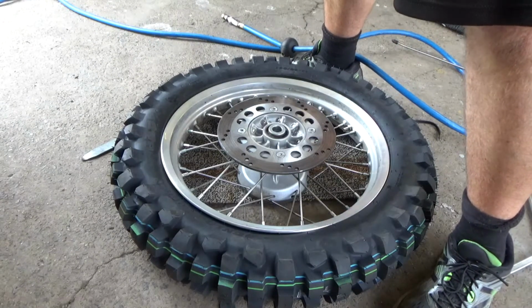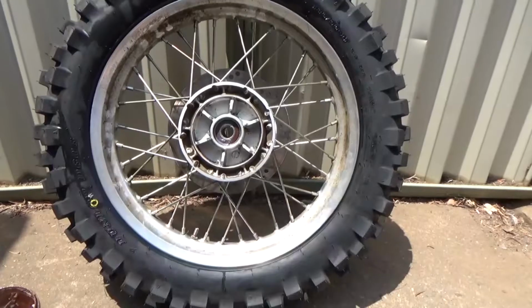Shows you how long ago it was. The old Nokia in the fucking...